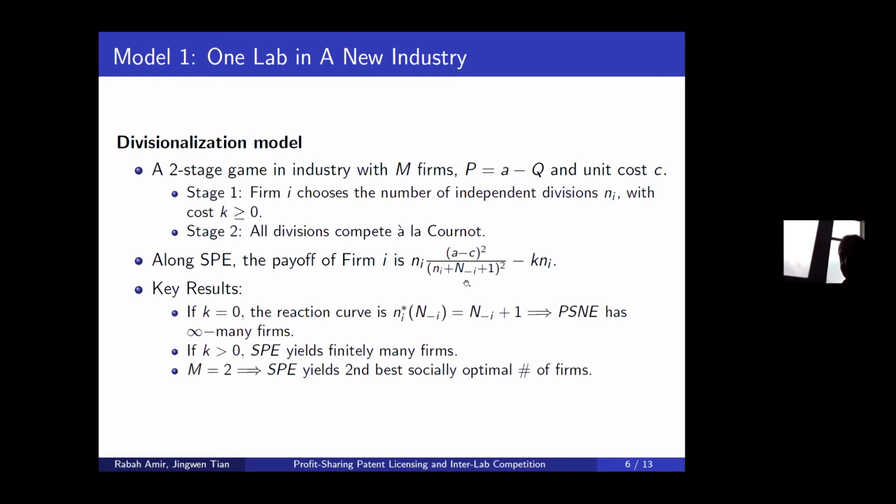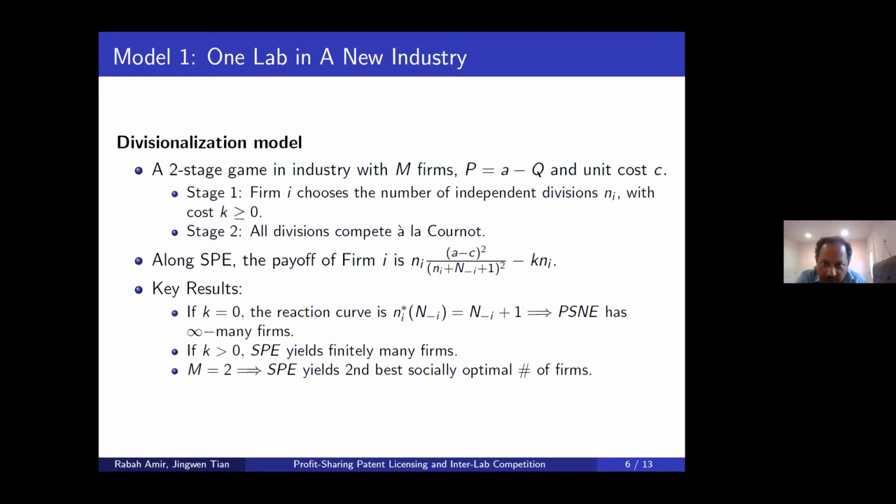Right? So each lab is picking little Ni. This is the total number of firms picked. So each firm will have this ratio as its profit, equilibrium Cournot profit. And since lab I picks little Ni firms, this is the total revenue of lab I. And each firm has to pay cost K to operate, so you have to subtract the total. So altogether, this is the payoff of lab